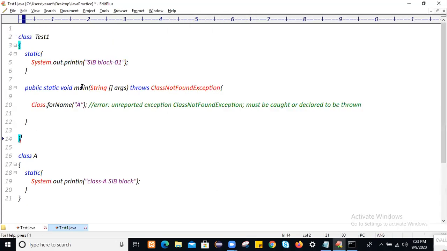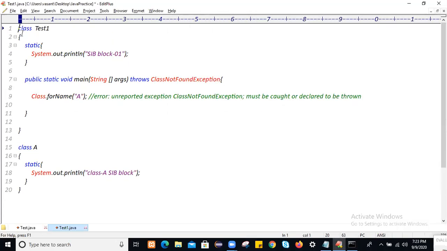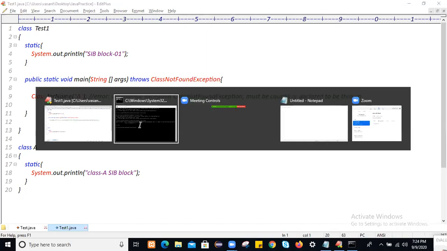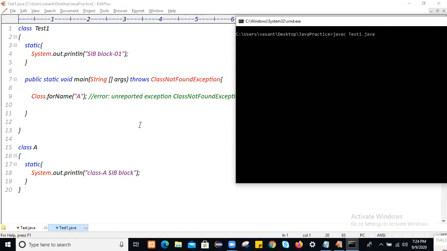Okay, let me handle it and compile this. To compile this, go to the command prompt again. Let me clear the previous one. Just use javac Test.java.